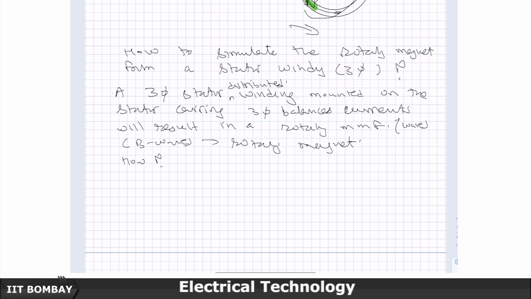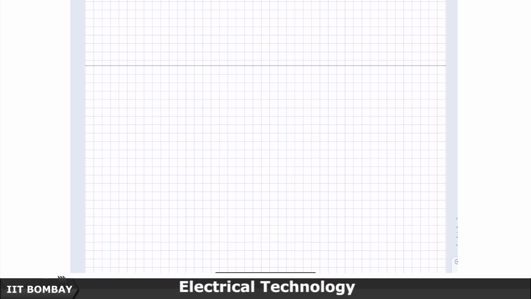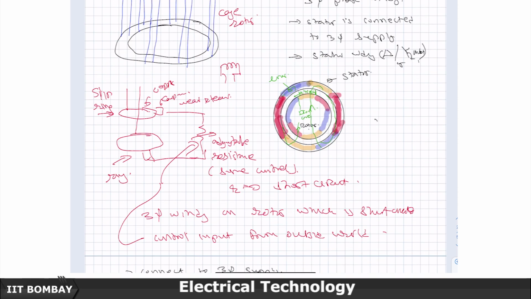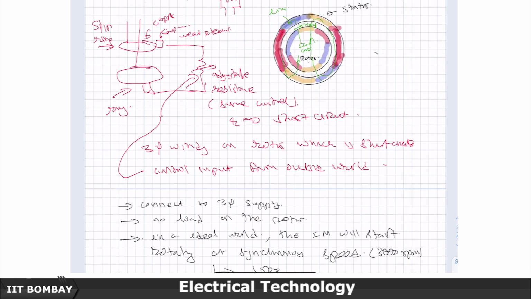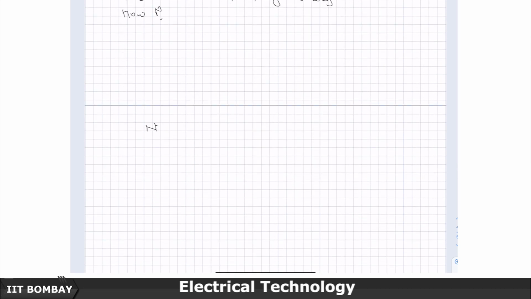First I will do it mathematically, because mathematically it is much more straightforward to show. So, let us say that this A phase winding here, or the R phase winding, which I have set up here. You remember, we had discussed this earlier, that you will get an MMF wave if it is carrying a current I, it will give you a stepped